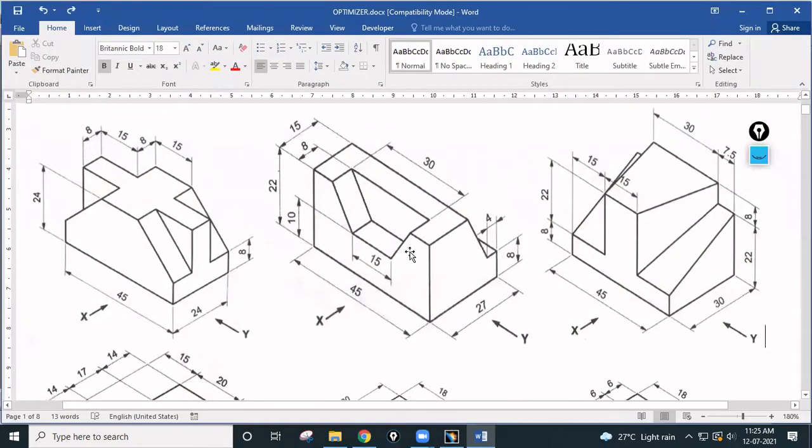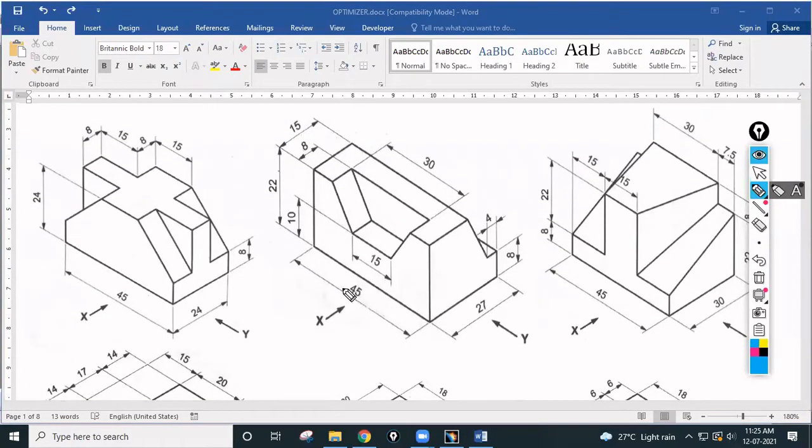Now let us go to the second part. Here again, as we already discussed, you first have to decide from which direction you have to start. I'm going to start from the Y direction. I'm going to draw this profile, pad it by 45, then select this face, draw this profile and pocket it. So again, 2 steps are required.